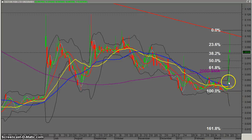Okay, what we can see here now is we've had the 200-day moving average, the stock has gone straight through it. Okay, but what we've ended up with is a very fast high move, and we've hit this downtrend line here. That was probably due to it being a Friday trading. Okay, Friday's not being fantastic for people holding stocks, and also a lot of day traders probably in this